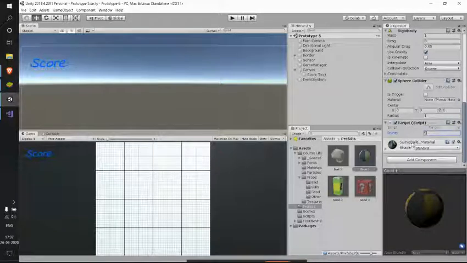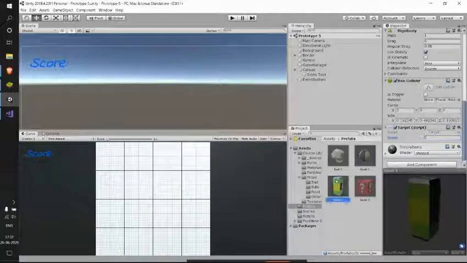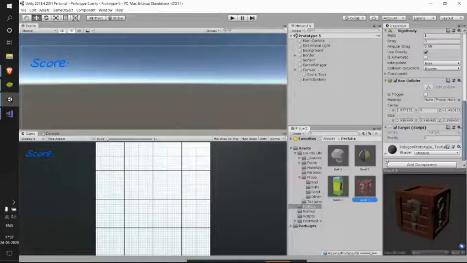To my good 2, which is the energy drink, I'll give the value of 10. To my good 3, which is a crate, I'll give a value of 15. So let me save this and see, we have declared a specific variable, and using that variable itself, we are able to give different values.